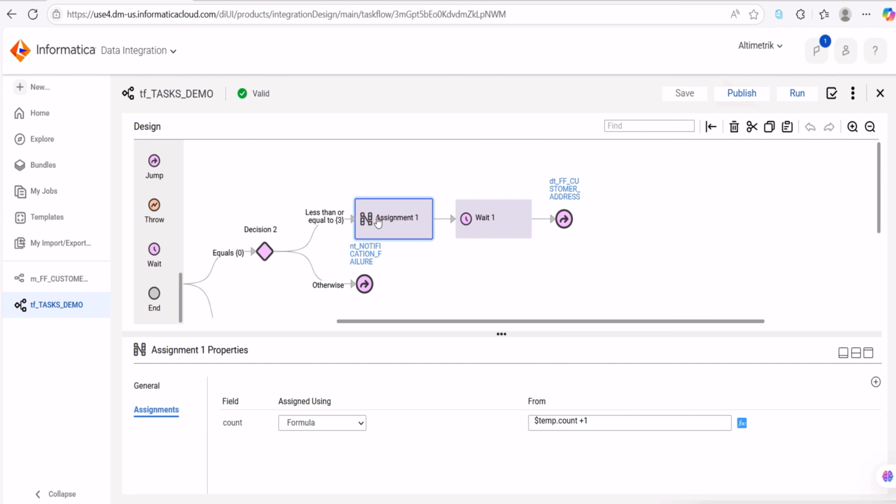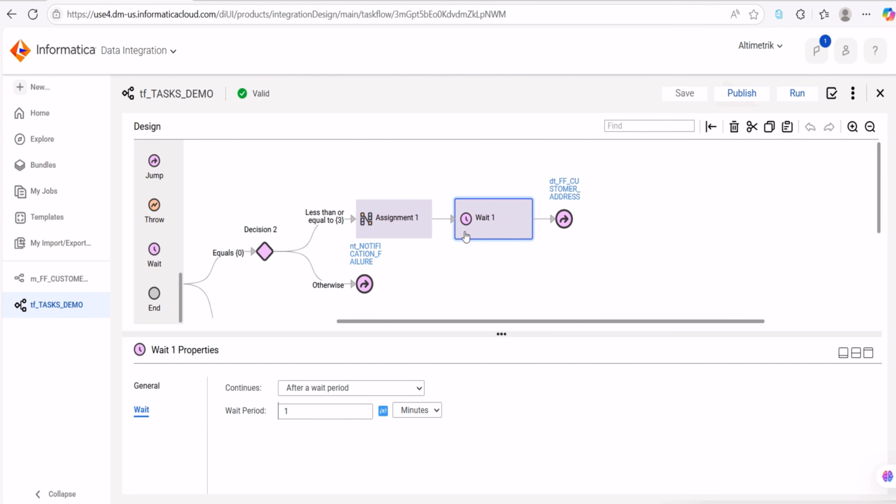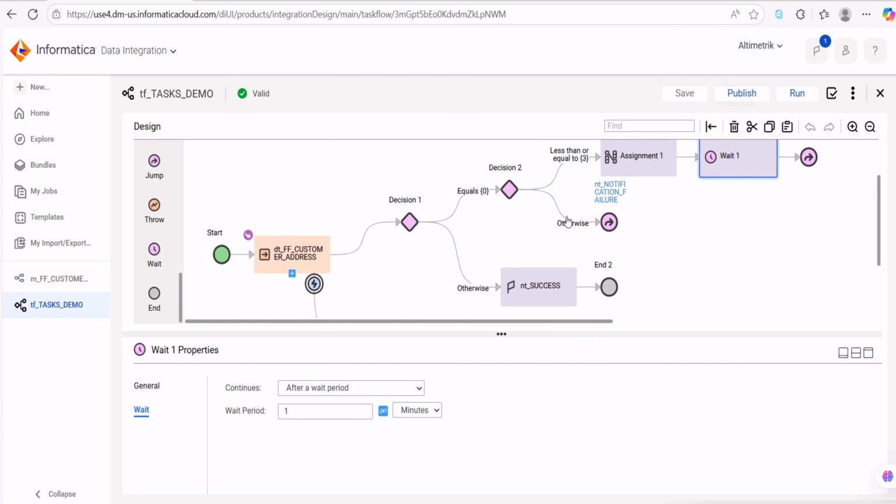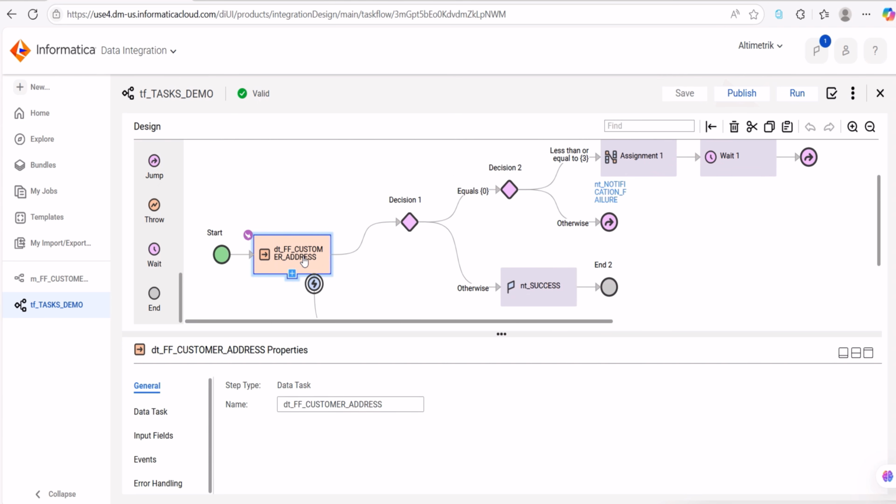Okay. And then here what it will do, it just increments the count and waits for 1 minute. How much time you want, that particular time you can give as the waiting period. So after 1 minute, again it will start the next step. This customer address I am going to give here in the jump task. So again it will come to the data task. And the second time